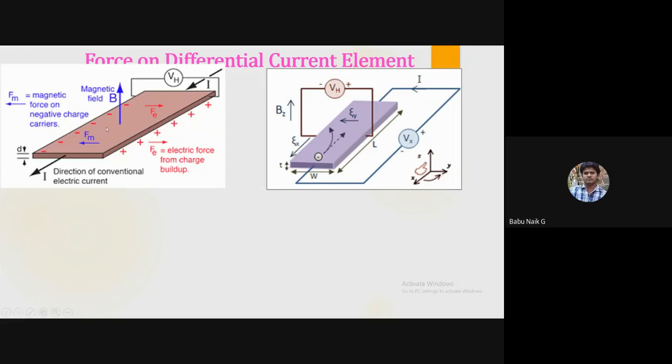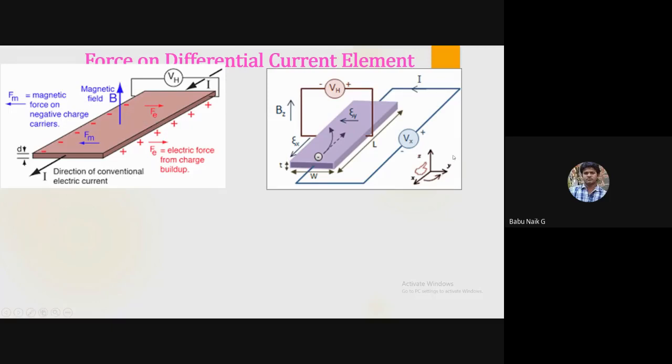After it is flowing, on this surface a magnetic field will be produced. The magnetic field will be in this direction, and the velocity of the charges will be in this direction. The electric field force and the magnetic field force are like this, completely in the Y direction. So the angle between velocity and magnetic field is always perpendicular, that is the cross product here.